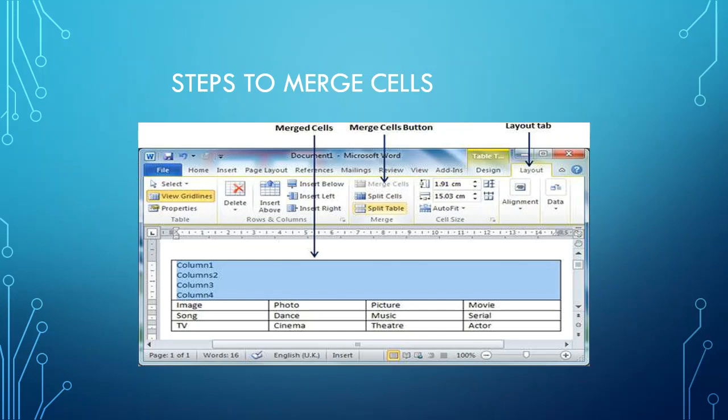Here we are going to discuss how you can merge a cell in Microsoft Office 2010. All you have to do is insert a table, which we already did in our previous lesson. Click on the Layout tab, then click on the Merge Cells button.